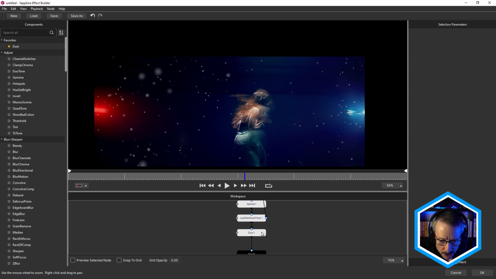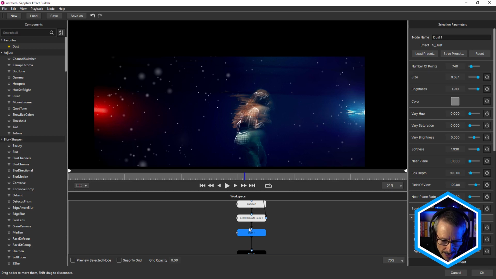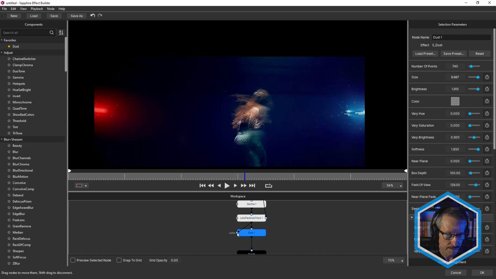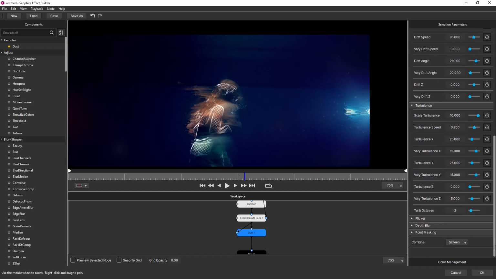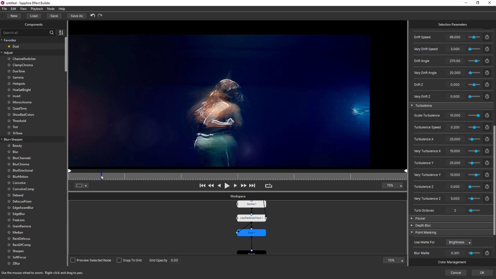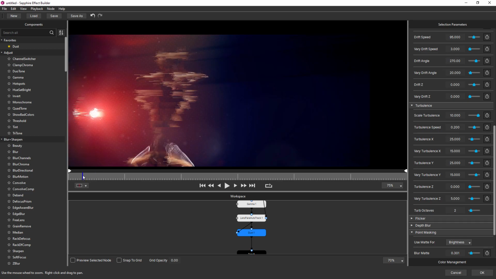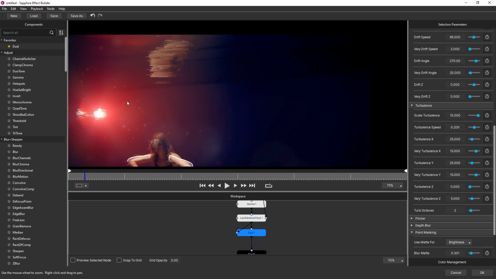So what we can do is we can create a matte, and we'll just do that by connecting Lens Flare Auto Track to the matte. And already you can see that we're only seeing the dust in the brightest areas. And that's because for Sapphire Dust, we have point masking set to brightness. Now, I actually want to borrow the color from the background, especially over here in the red area, because the dust is white, and I'd rather sort of borrow that red color, and the blue, of course. We can do that by setting the Use Matte For to occlusion, and take a close look at the dust.